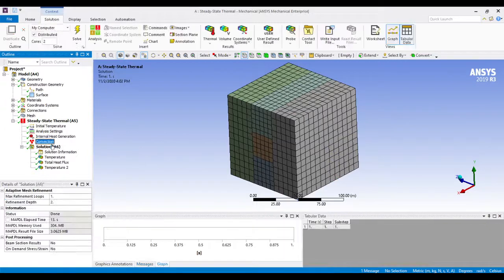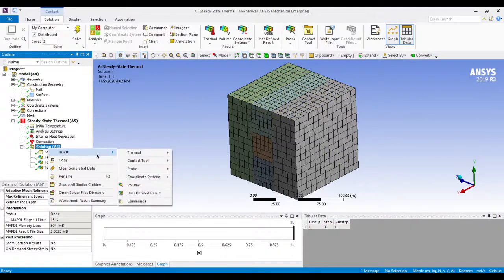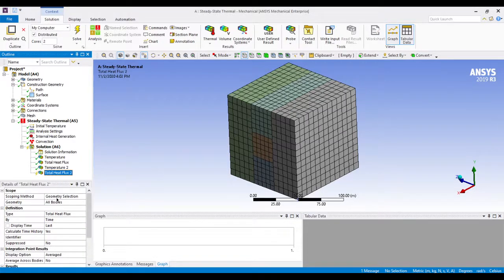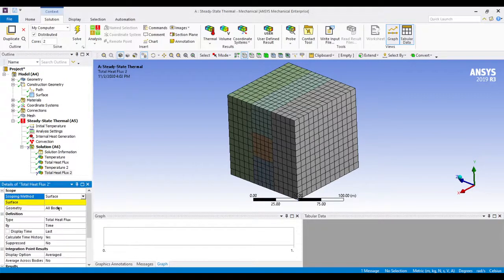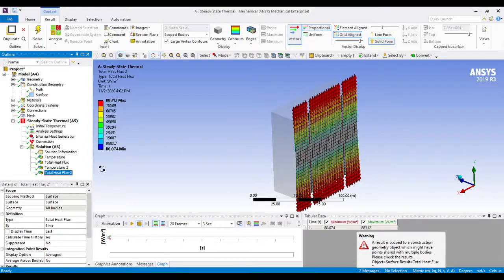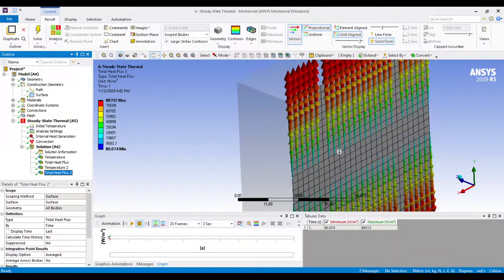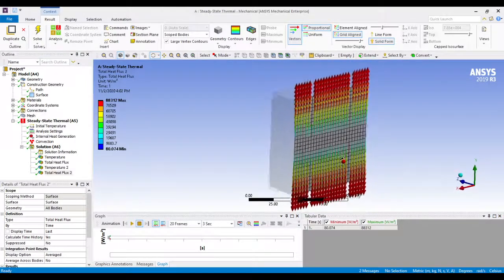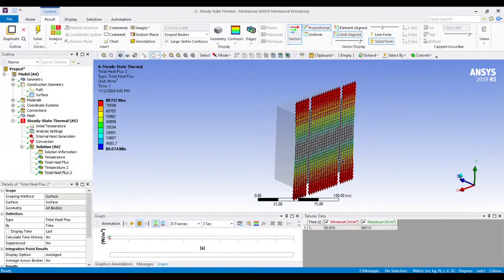Now we can go to the solution, right click on the solution, insert total heat flux, and inside the scoping method you can select geometry selection as a surface, and inside surface you can select the surface. This surface will be selected automatically, and then you say evaluate all the results. Now you can see the total heat flux from this plane, and you can also see the direction of this total heat flux. In this way, we can make use of surface in order to analyze the results.